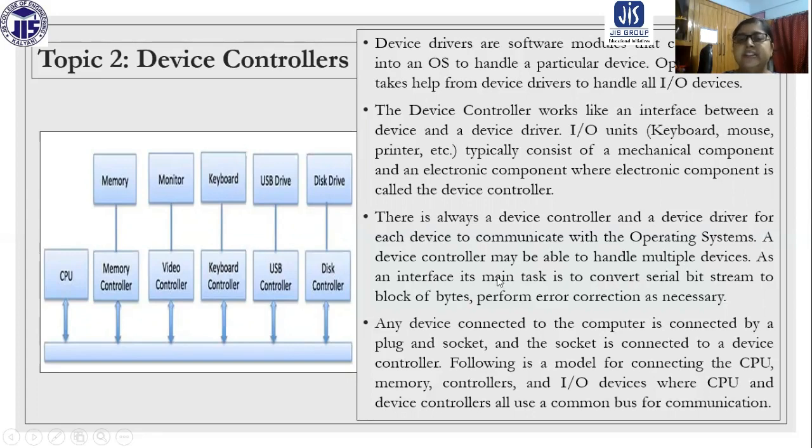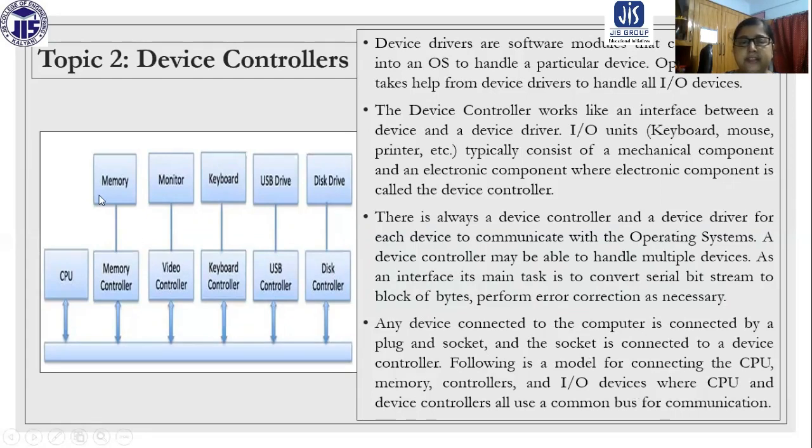As an interface, its main task is to convert a serial bit stream to a block of bytes and perform error correction as necessary. Any device connected to the computer is connected by a plug and socket, and the socket is connected to a device controller. Following is a model.